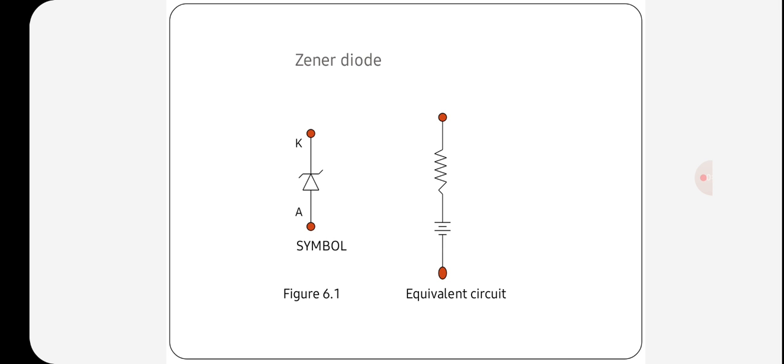If reverse biased voltage applied to the PN junction diode is highly increased, a sudden rise in current occurs at this point. A small increase in voltage will rapidly increase the electric current. This sudden rise in electric current causes a junction breakdown, so it is called Zener or avalanche breakdown. The voltage at which Zener breakdown occurs is called Zener voltage, and the sudden increase in current is called Zener current.